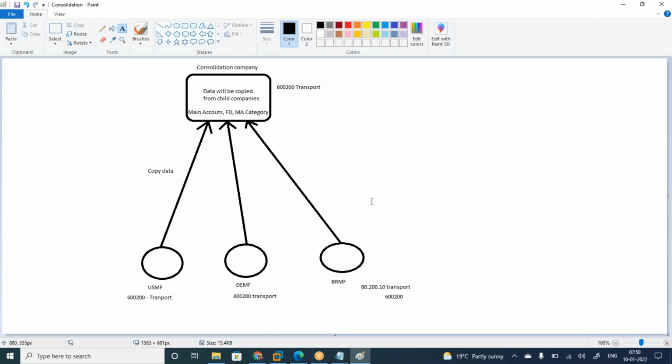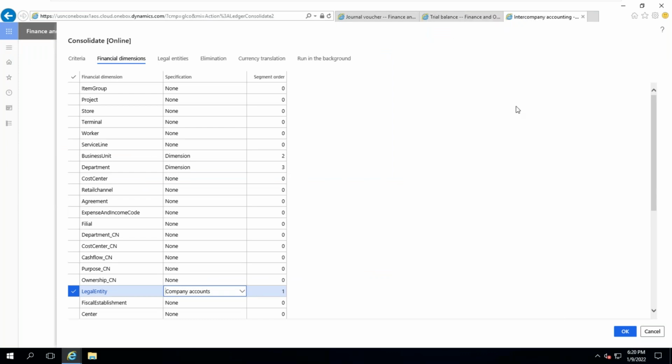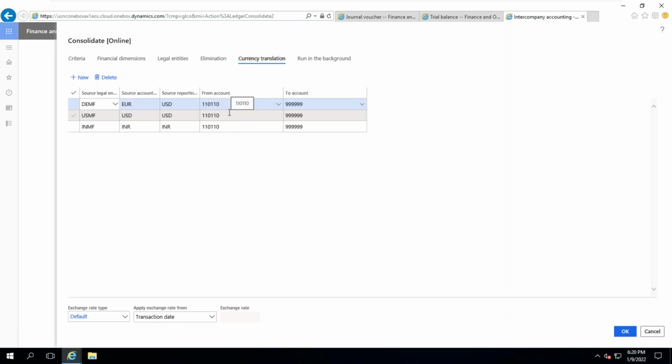Any questions? Shiva, Lokesh, Ganesh? Here we are updating the transaction rate and the consolidated rate. Do we need to update them separately, or how? I want to do the consolidation for all the company reports, in the currency. But the consolidated rate we are updating, right? Yes, this apply one, the exchange rate.